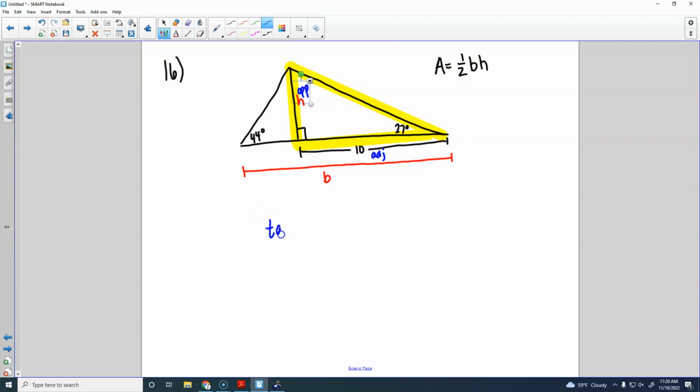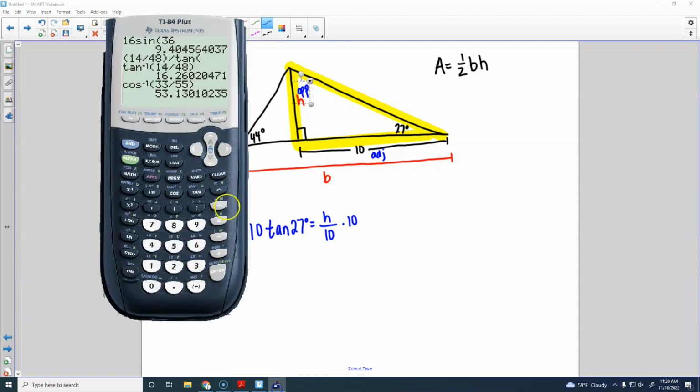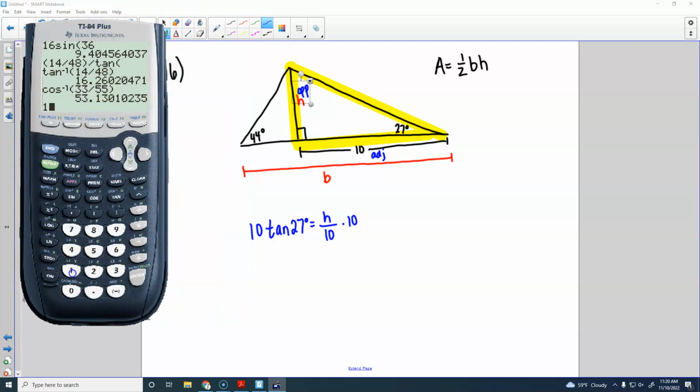So I'm going to say tangent of 27 equals opposite, which is H, over adjacent, which is 10. Okay? I'm just going to multiply both sides by 10. So 10 tangent 27, I get 5.095